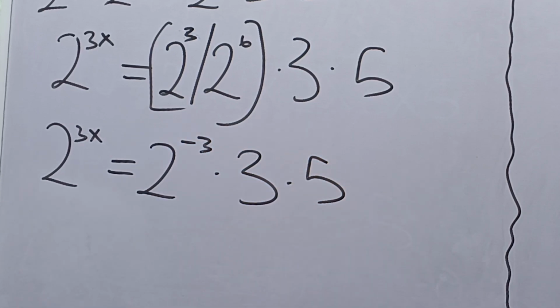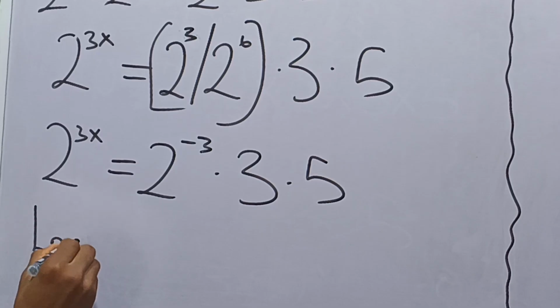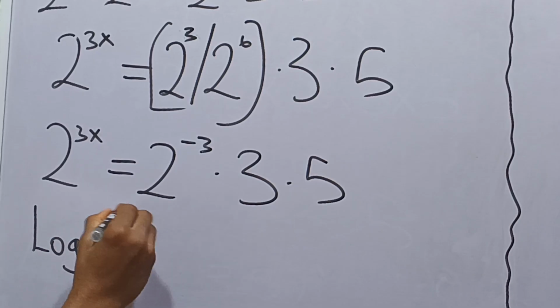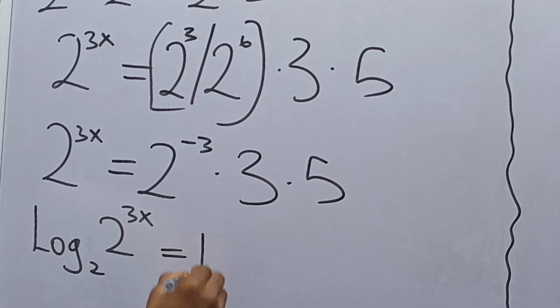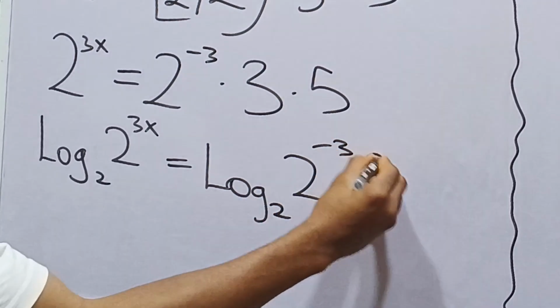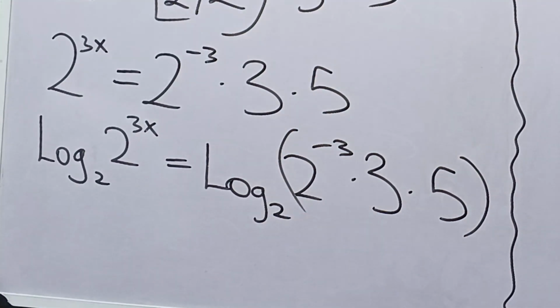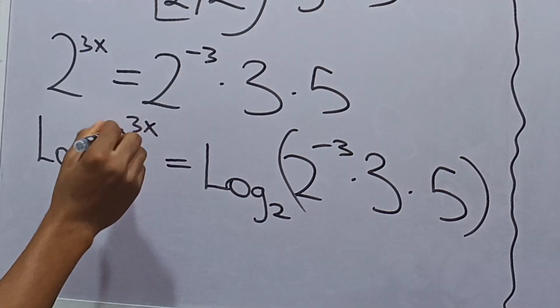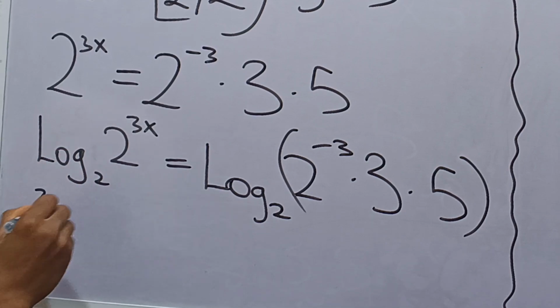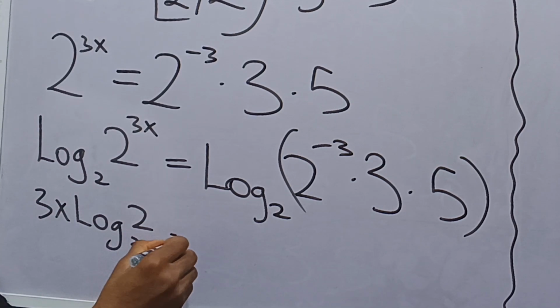Alright? Now, at this point, we're selecting the logarithm in the base of the number carrying x. And the number carrying x here is 2. We take the logarithm in the base of 2 of both sides. So this is log in base 2 of 2 to the power of 3x to be equal to log to base 2 of 2 to the power of negative 3 multiplied by 3 multiplied by 5. Alright? Now, continuing from here, when you have something like this, you multiply the number and the log. So we have 3x will now multiply log of 2 to base 2